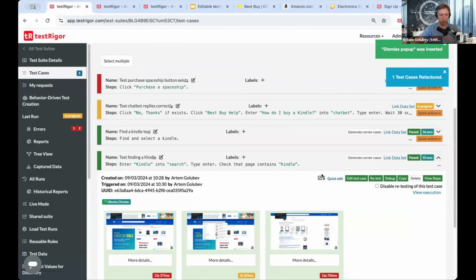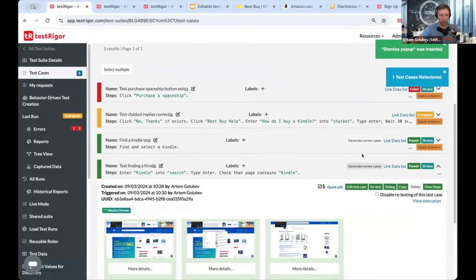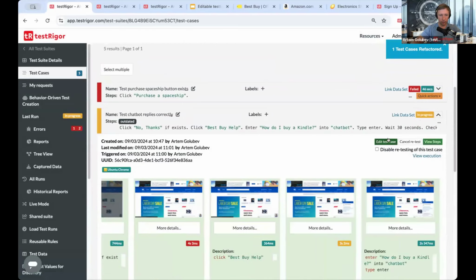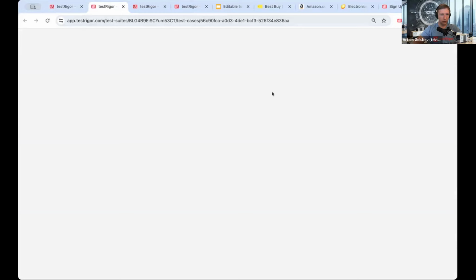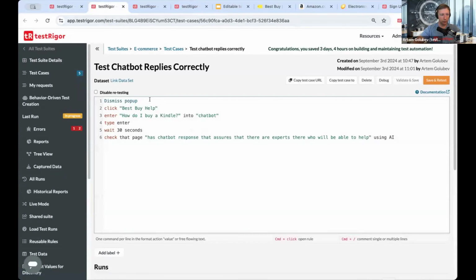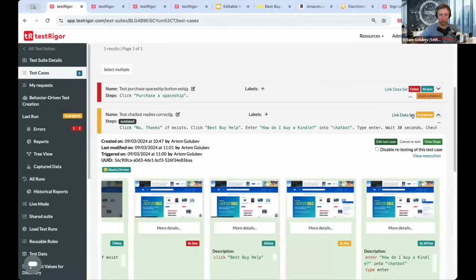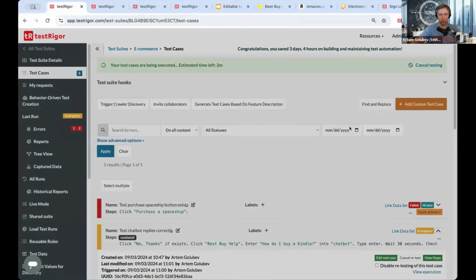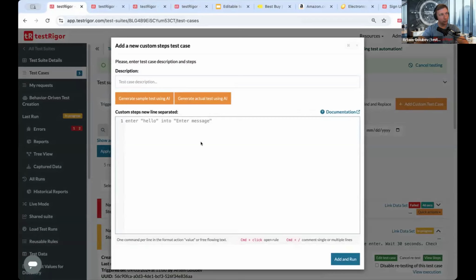So if you open the test case, as you can see, there is the dismiss pop-up there, and moreover, when you create a new test, you can start typing dismiss pop-up, and that function is already available. So it's actually very easy and fast to build all that, the new functionality, once you are outlining